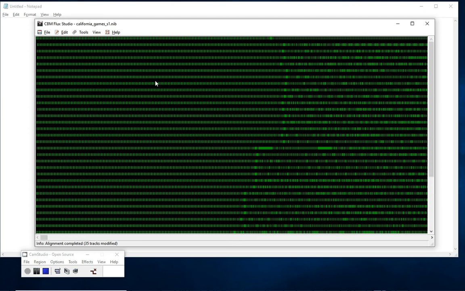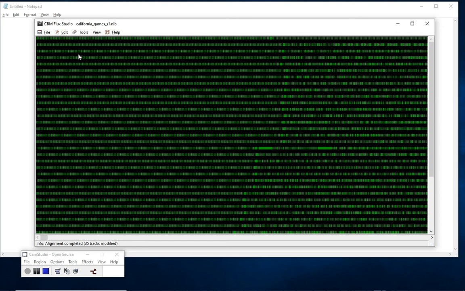which means that if we use the NIB file to produce a G64, knowing exactly where to do the cut and the padding, we can produce a G64 from this NIB file that works in an emulator without patching and works on the real hardware once it's written back to a physical disk. And that's incredibly good news, because it means that the